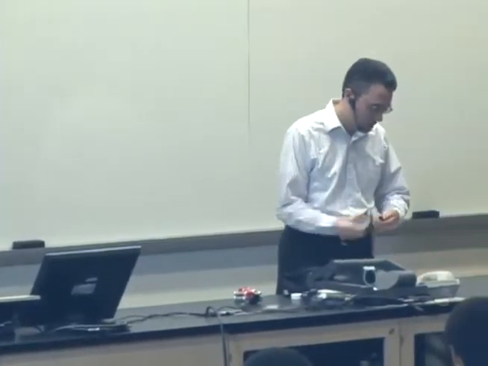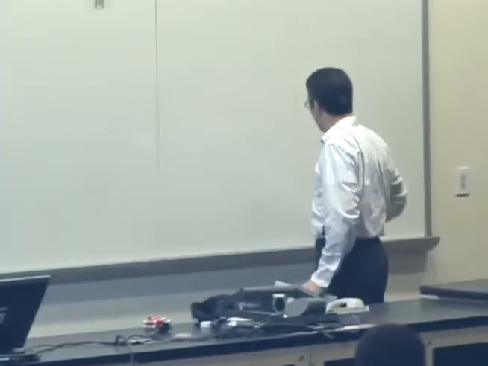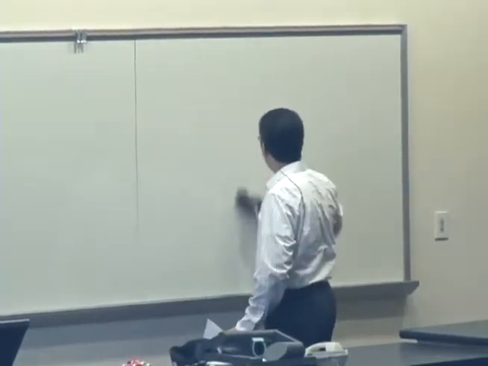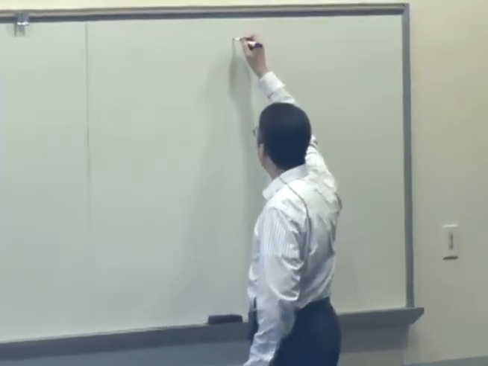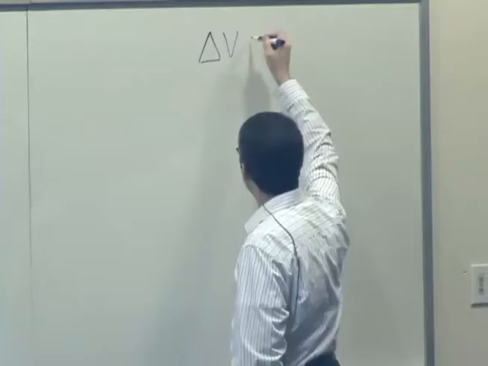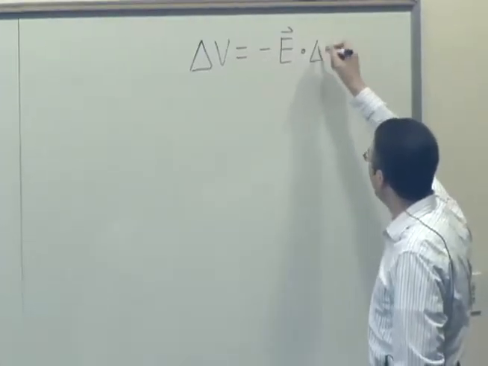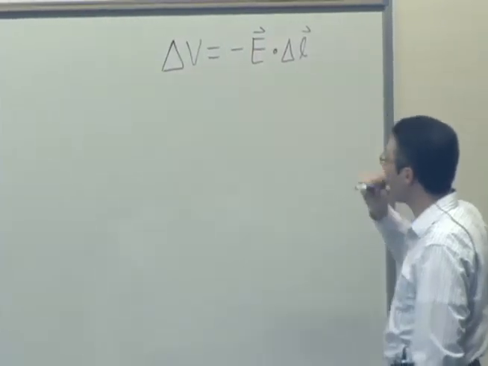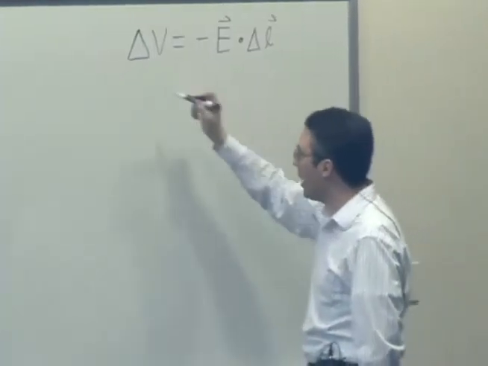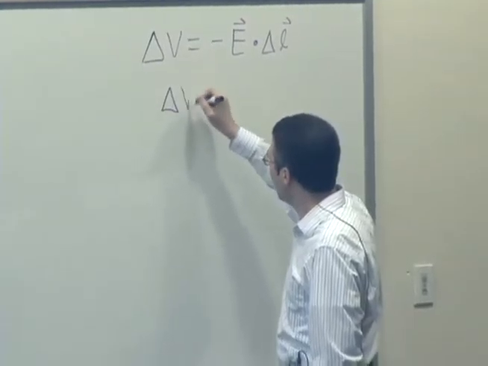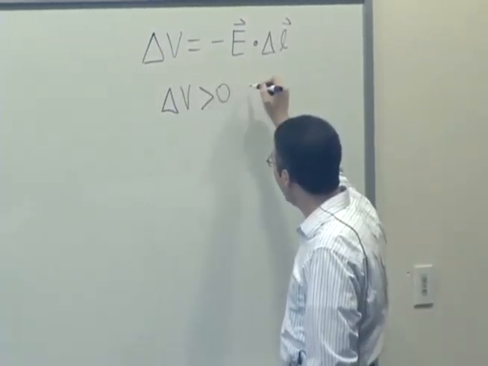So let us continue on with the potential difference. We had talked last time about calculating delta V's across several different paths. Once again, our change in electric potential is the negative of the electric field dotted with some path vector, delta L. And so we talked about the sign of potential difference where delta V is positive,